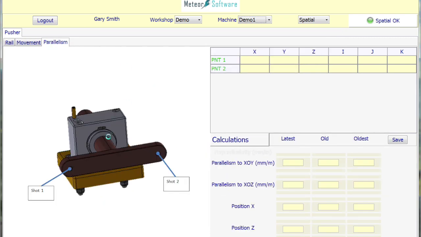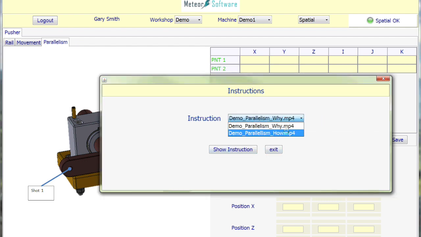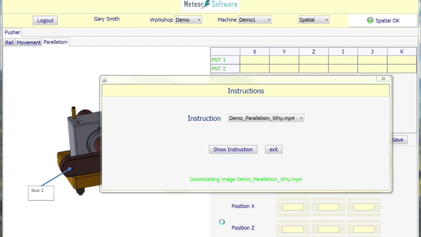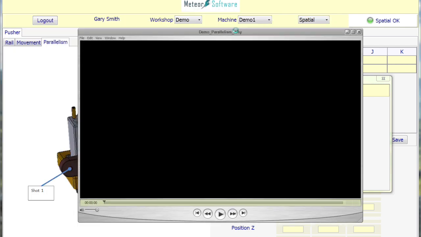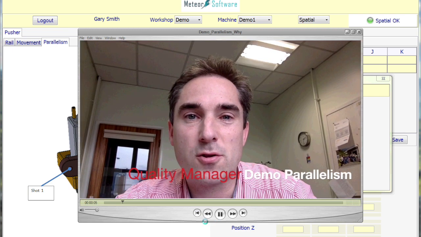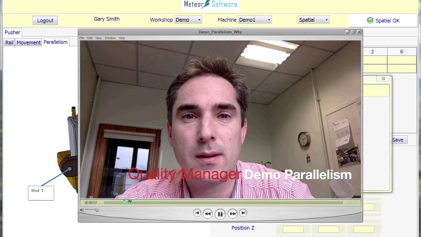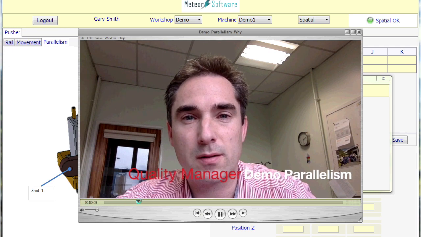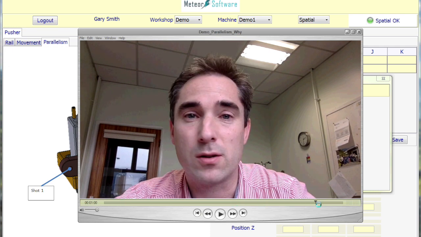Okay, so moving on then through to parallelism. Again, click on the image and we can see, oh yes, there are two documents, so the how and the why. So let's start off with the why. Again, show the instruction, and the file downloads and launches automatically. So click on why. Again, why parallelism, pretty complicated task. So click on the link here to see the video in its entirety from somewhere else,